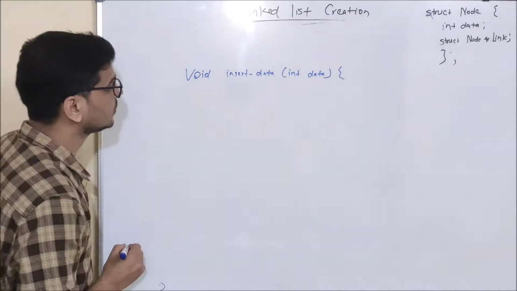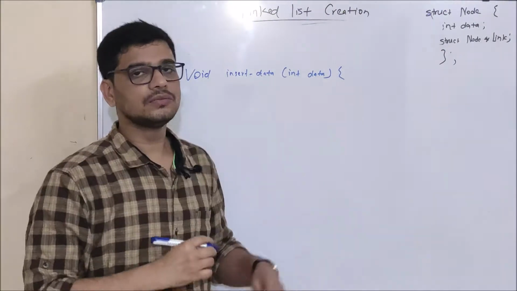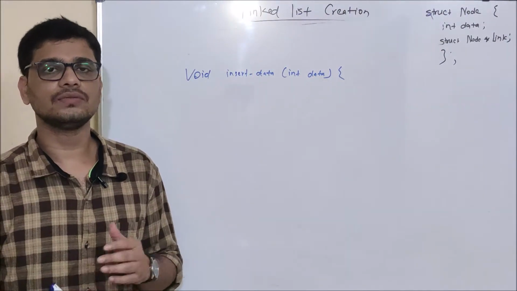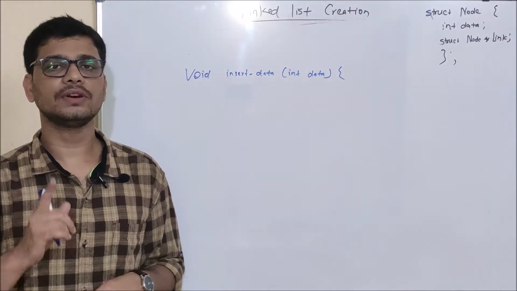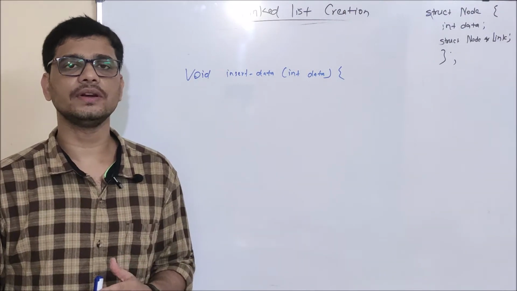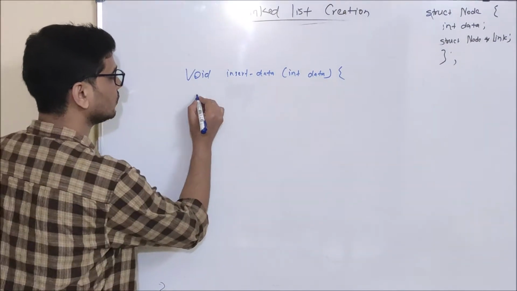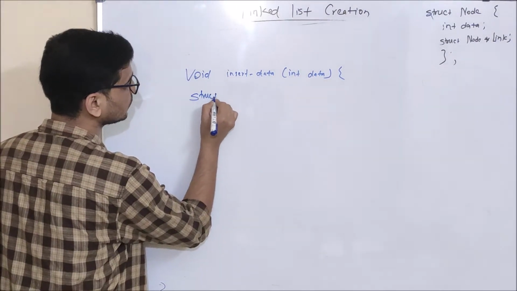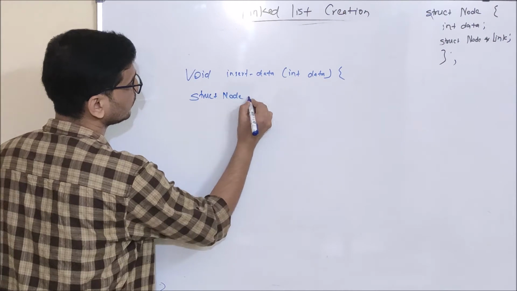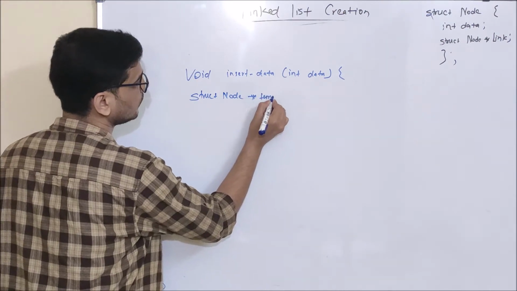So friends, one thing, as we are inserting it in linked list, so first of all what we need to do, we need to create a node. And how we are going to create a node? We will use malloc function. So now let's write it out. Struct node star temp